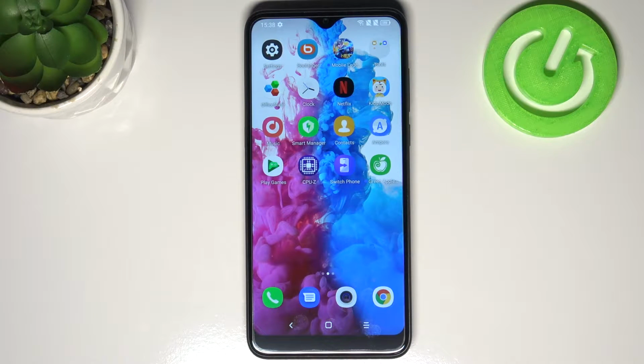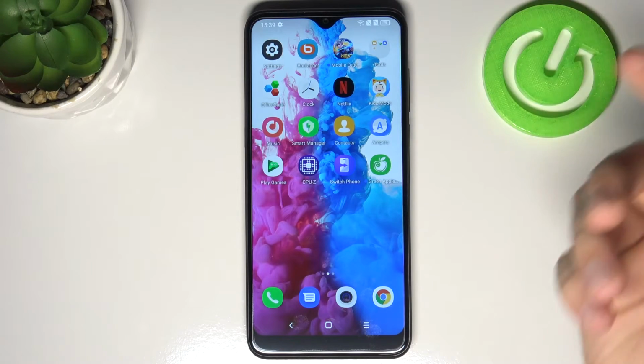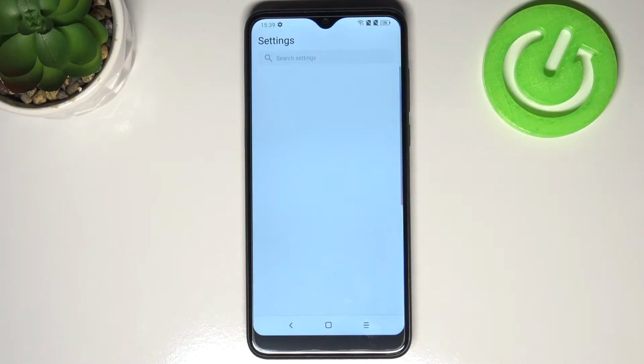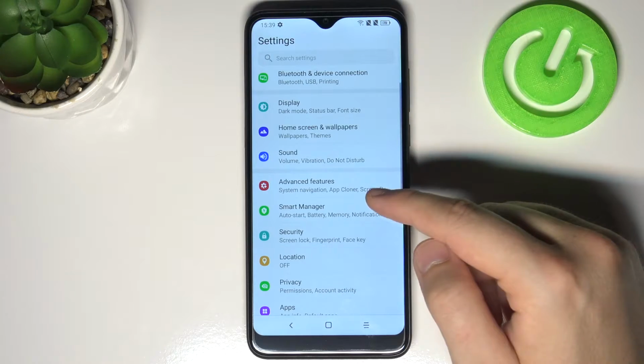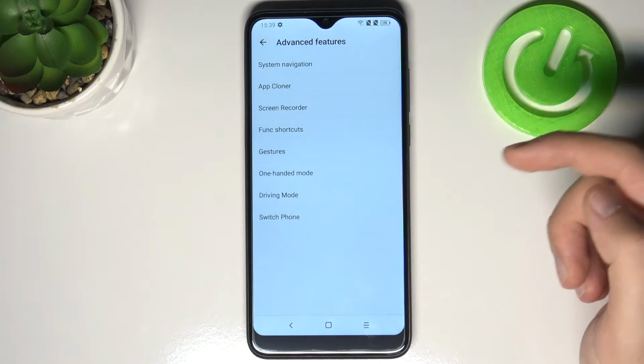Welcome, in front of me I have EssentielB HeYou 60, and today I will show you how you can change your screen recorder settings like quality, sound, or for example the screen touches. So all you have to do, just go for the settings, next pick advanced features, and here we have to